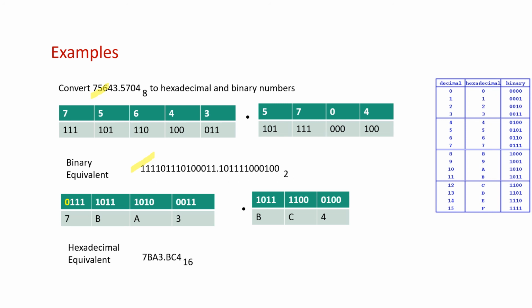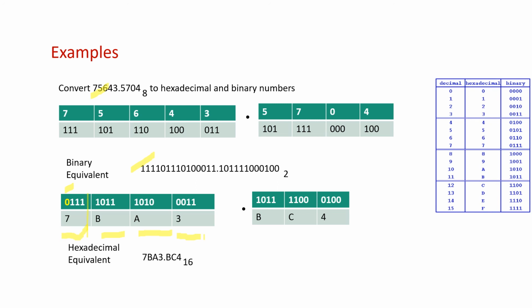For this, we are going to group the binary numbers into groups of 4 bits, and write down the hexadecimal equivalent for each. Starting from the left of the binary point, we have 0011, and the equivalent hexadecimal digit is 3. 1010 is A. 1011 is B, and you can see that the last box needs an extra 0 after the MSB, which is added to make it a 4-bit number, and the equivalent of 0111 is 7.